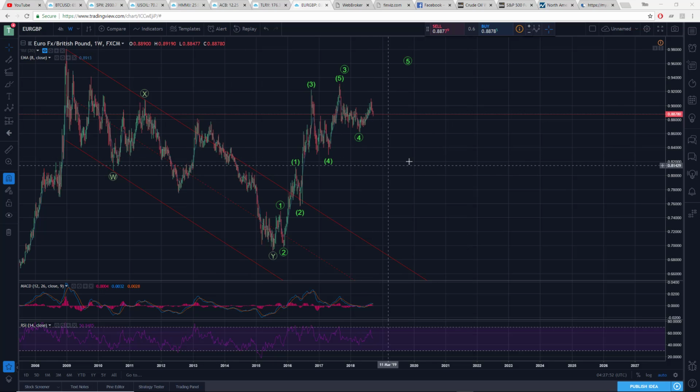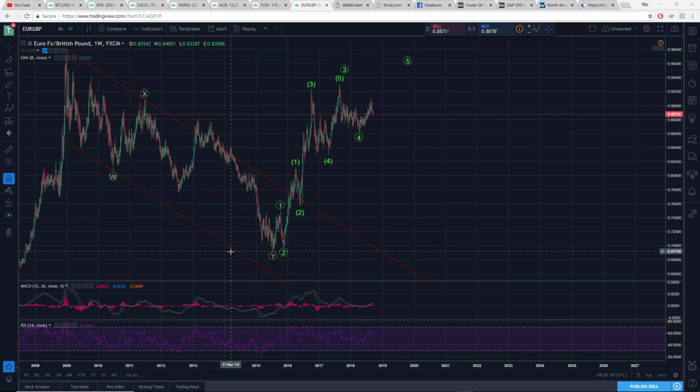Now I'm just looking at a weekly chart just to get an idea of where things are at. And I definitely like this correction off the high, and this high that we put in December of 2008, by the looks of it. I like that we have a nice W, X, Y double zigzag down. So a three-way move down for W, three-way move up for X, and then a final three-way move down for